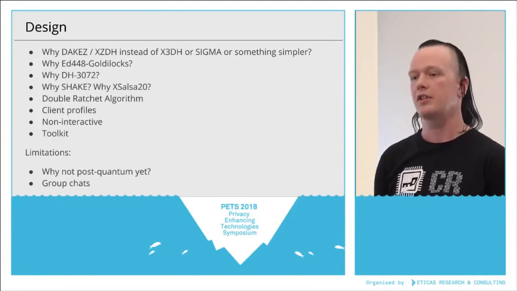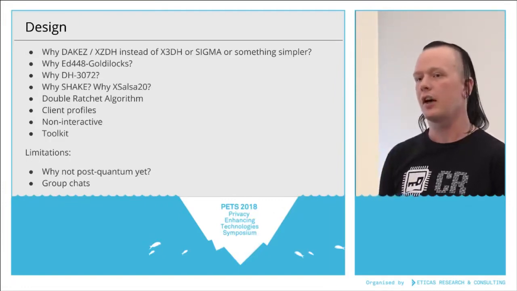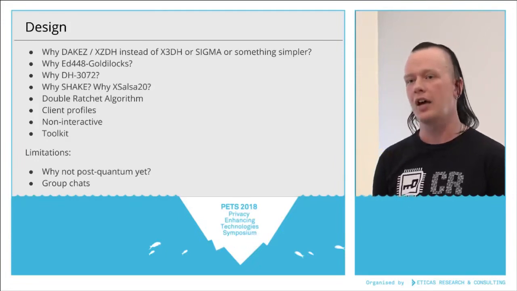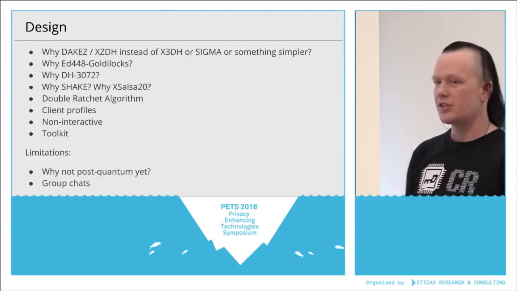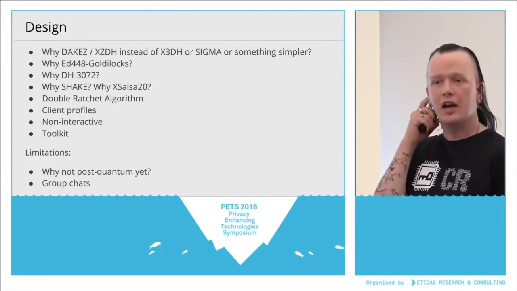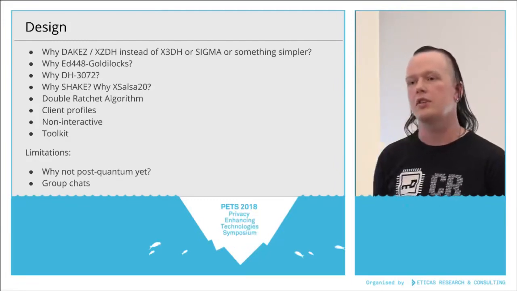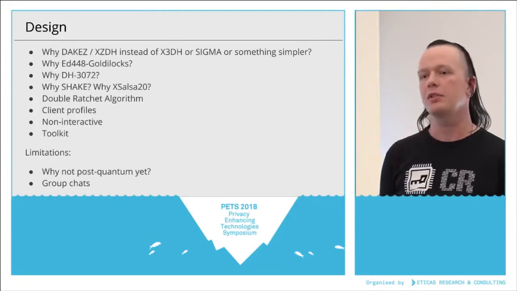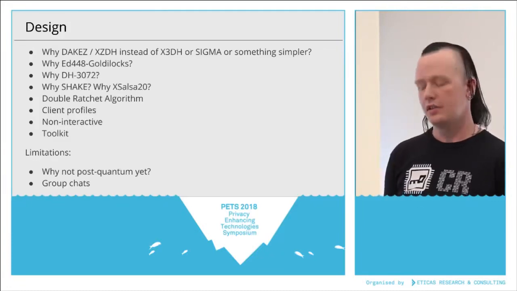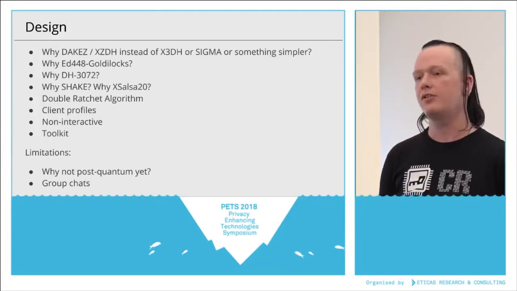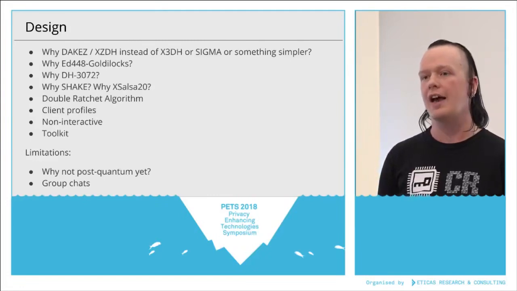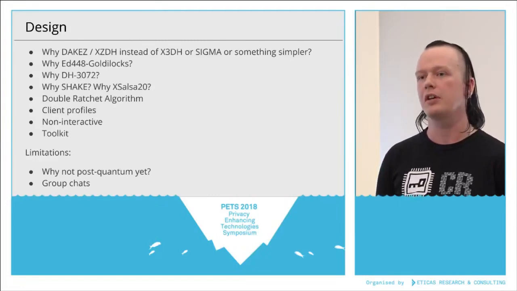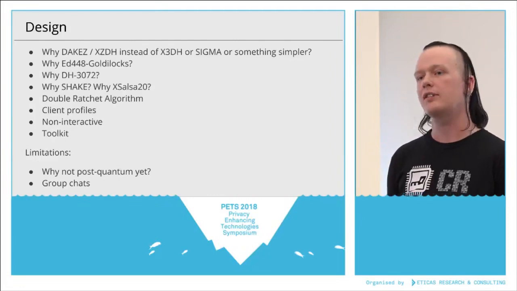Just like with OTR version 3, all of the forging that we talked about, you can actually do on your own with tools that we provide. Now, there are two main limitations that you can see here. The first one is that we are not putting in any post-quantum algorithms yet. The reasoning for this is basically we feel that it's not clear which algorithms there is a consensus on, and there is also a lack of good implementations that we feel are stable enough that we can base our specification